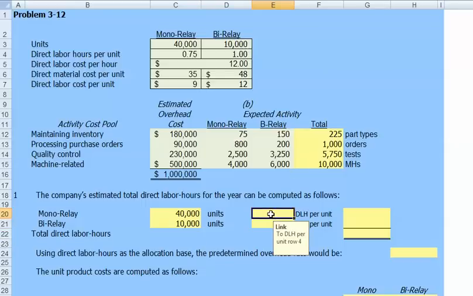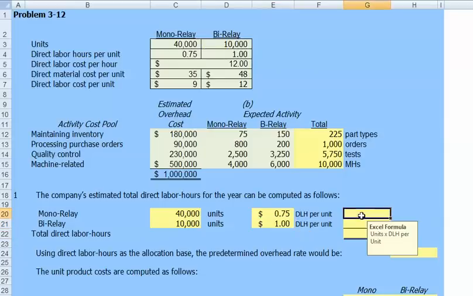The bi relay is in D3. I need to calculate my direct labor hours per unit, and that's up in row 4 here. Direct labor hours for the mono is 0.75. Direct labor for the bi relay is 1 hour. And then I'm going to calculate the total direct labor hours for each one of these. 0.75 times 40,000, and I can copy that on down. And so I plan to work a total of